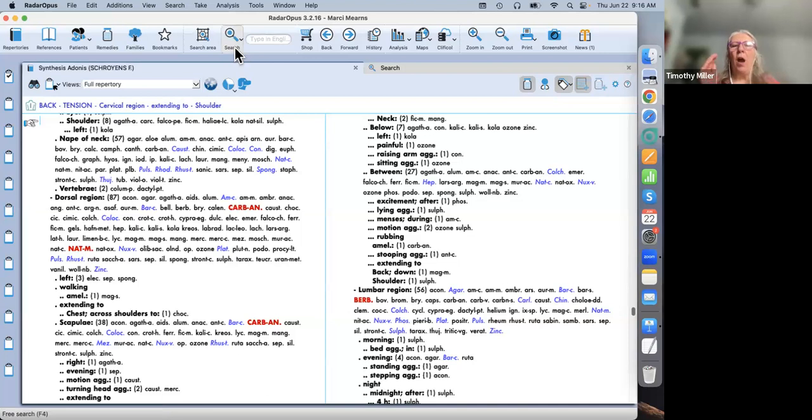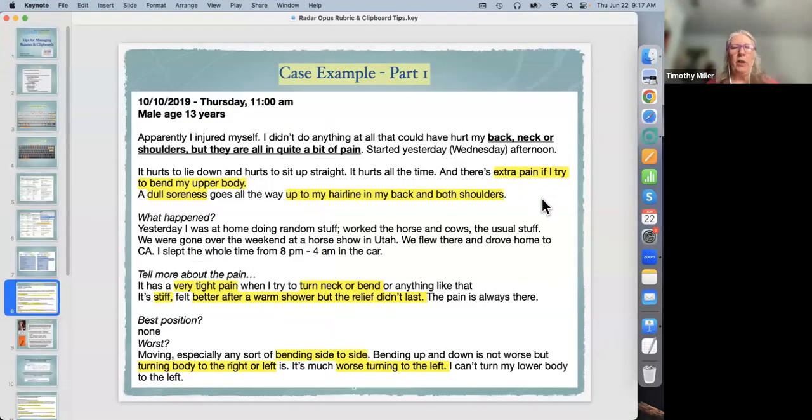Again, what I really want to do is bang through this, because if we can get all the way through this case, we're going to have a lot of information for you. So just bear with me, and we're going to work up this case. If you recall, the type of pain was a dull soreness, it's stiff, it's very tight. So the first thing I'm going to do is get all of those types of pain